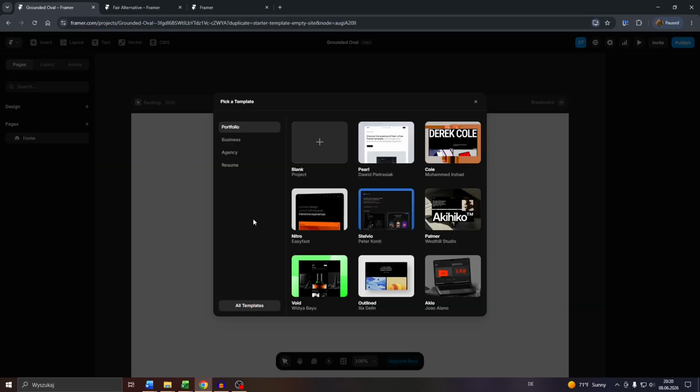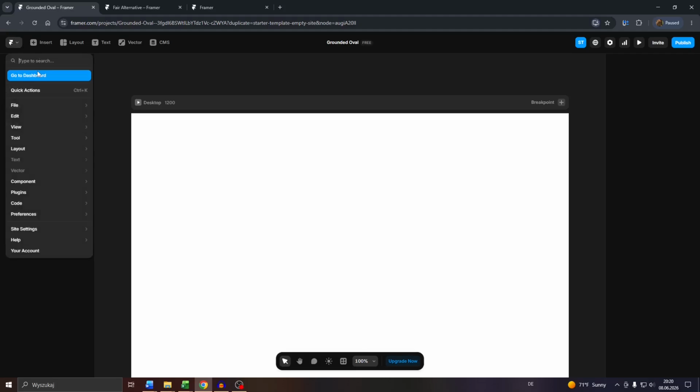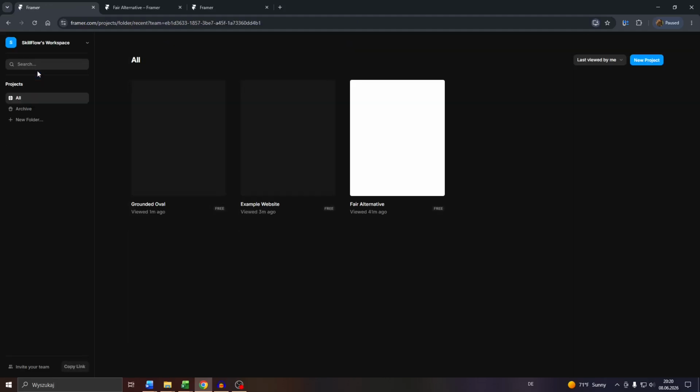Then wait for the loading process to be finished and navigate to blank here to create a new blank website project, and you will be redirected to that menu here. So if I navigate back to the dashboard, you will see that indeed this project has just been